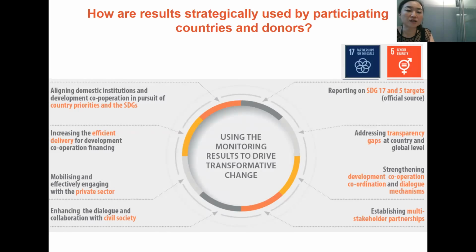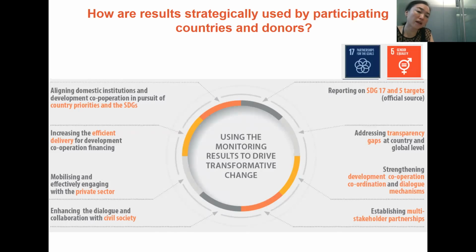And some countries are also using the results to inform the review and strengthening of an existing or new development cooperation strategy or policies, in a way that reflects the progress and challenges they see in making development cooperation more effective in order to achieve the SDGs.